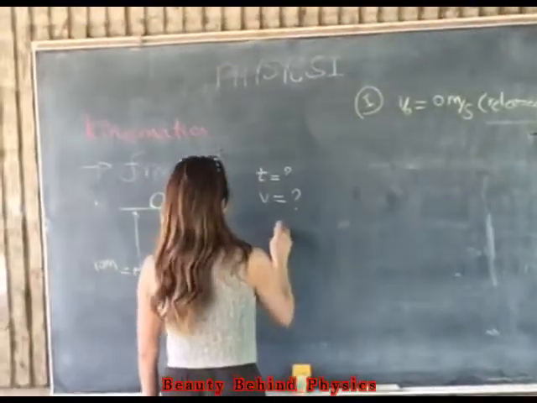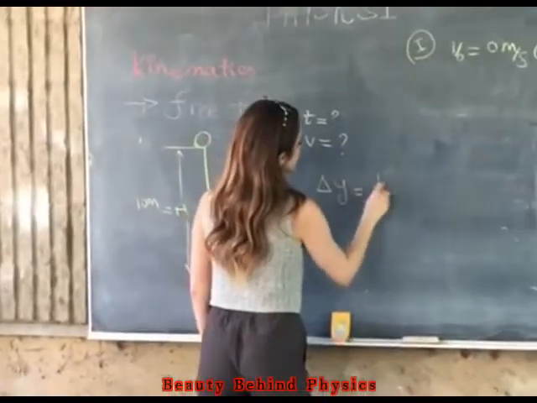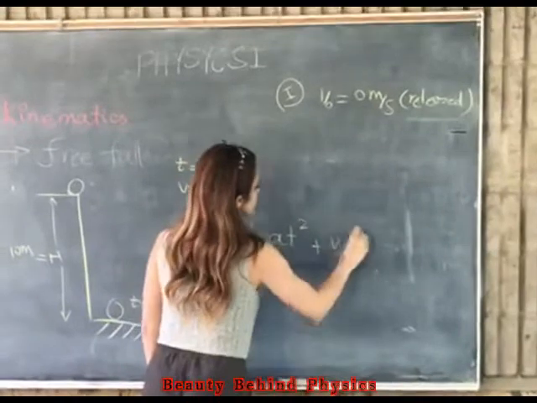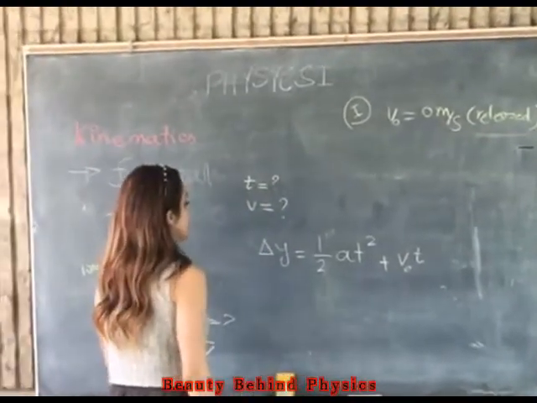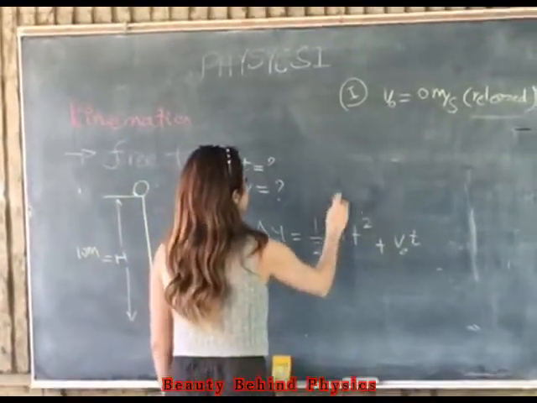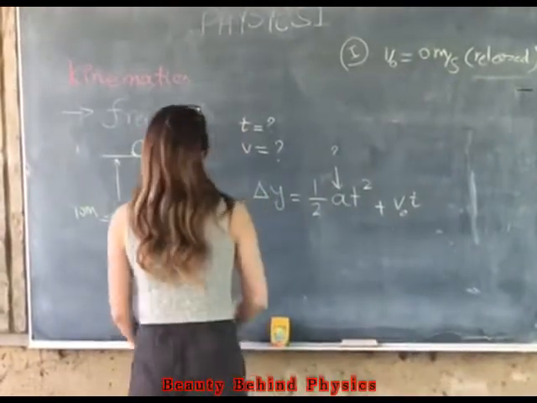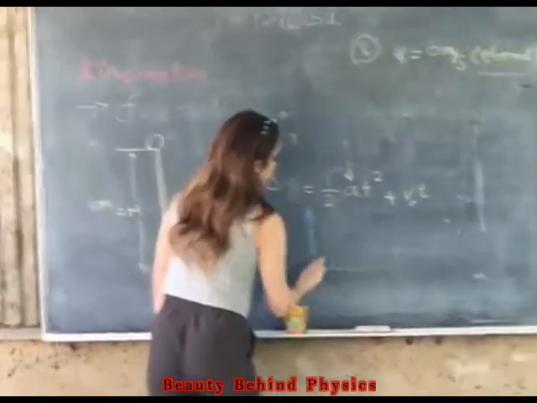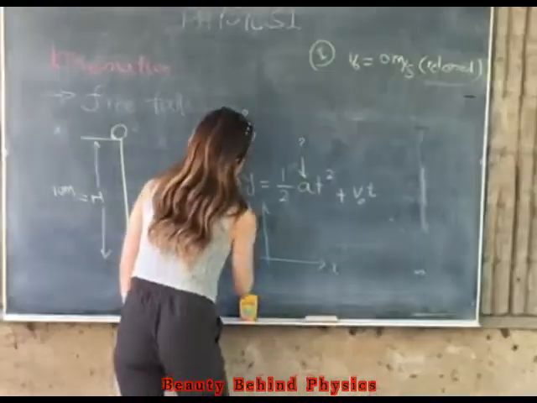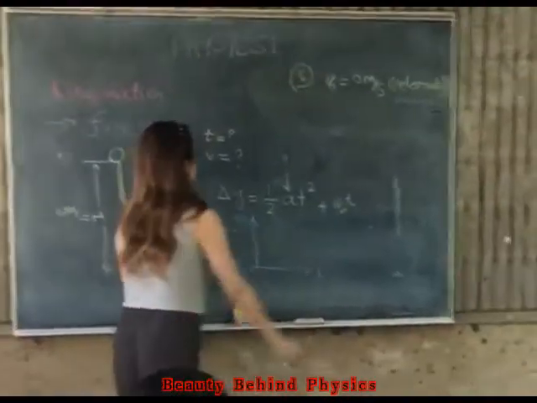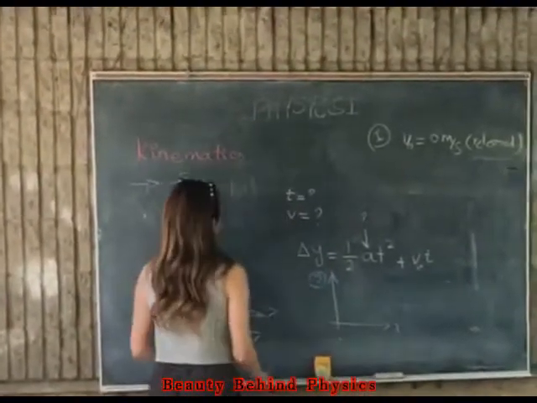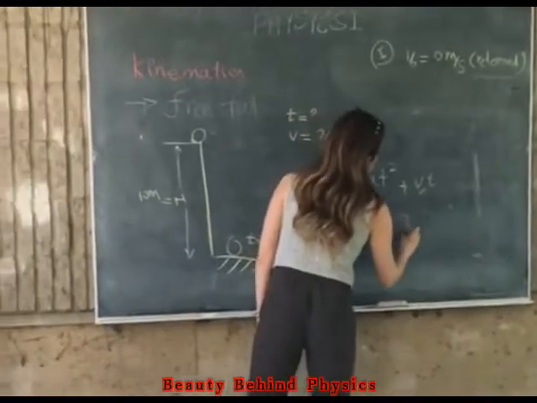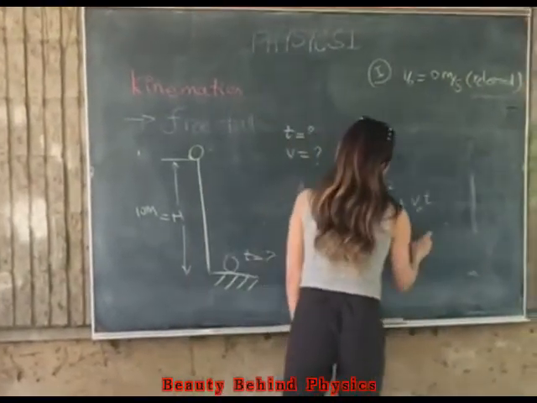The equation that I'm going to use is delta y is equal to 1/2 a t squared plus v naught t. The first thing that I have to consider is what is the acceleration? As long as I'm talking about kinematics in the y direction, the only force acting on this ball is the force of gravity, so the acceleration would be equal to gravity, and it's equal to